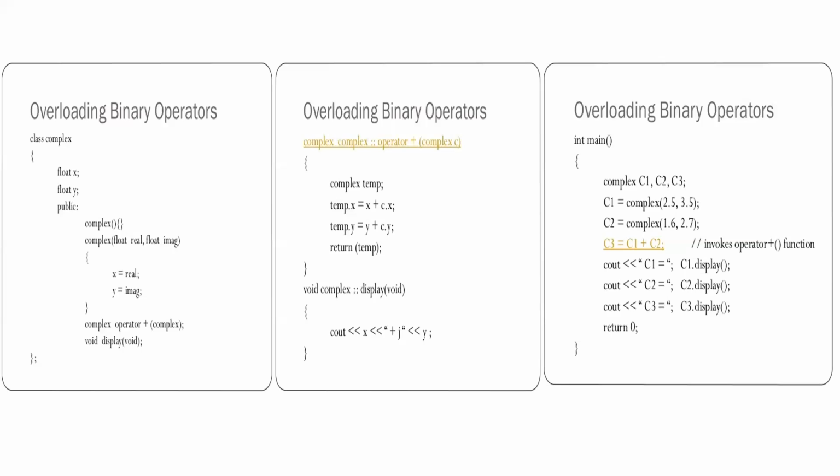Now come to the statement C3 is equal to C1 plus C2. अब इसके लिए ध्यान से सुनो. Now we know that a member function can be invoked. How does a member function get invoked? By only an object, ठीक है, of the same class. अभी यहाँ पे C1 is taking the responsibility of invoking the function. मतलब हम कैसे लिखते हैं? C1 dot operator और bracket में लिखा C2. समझ रहे हो? ठीक है,